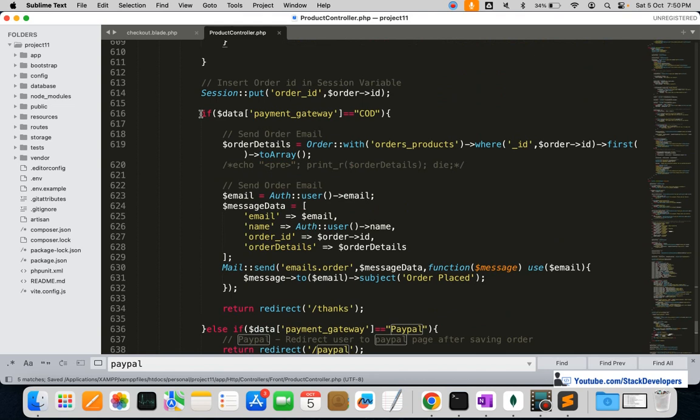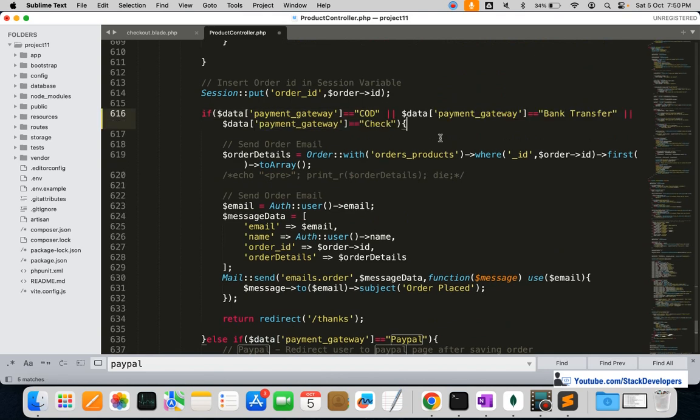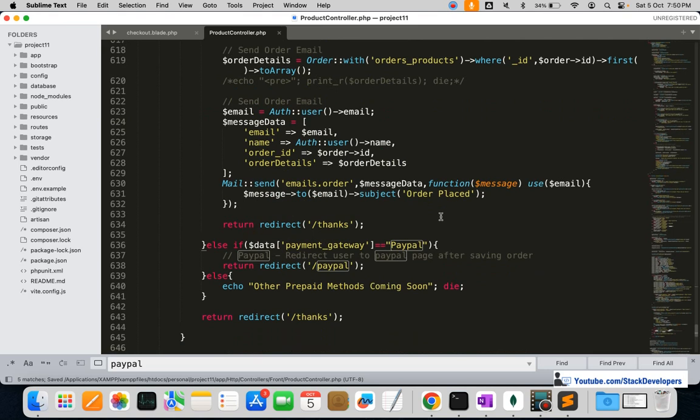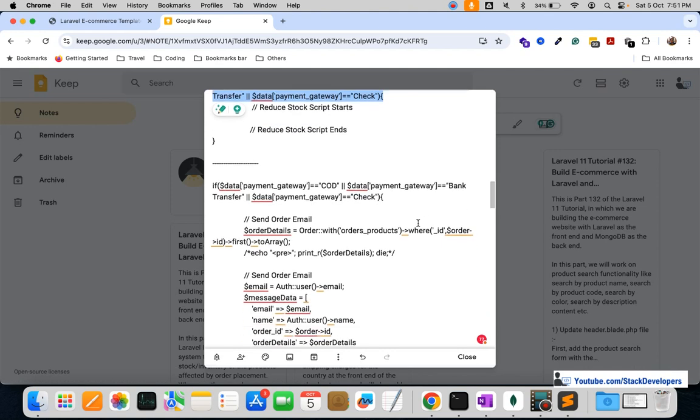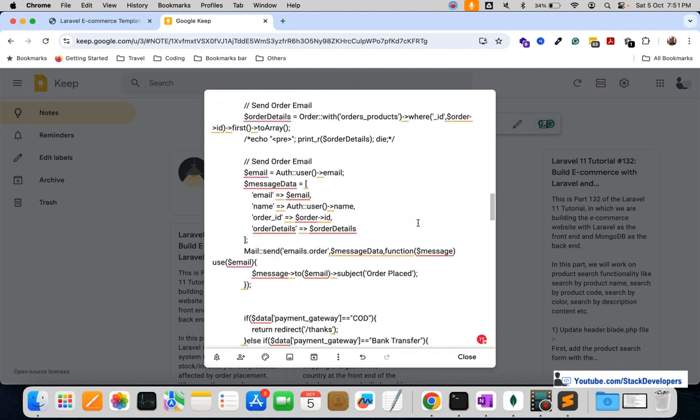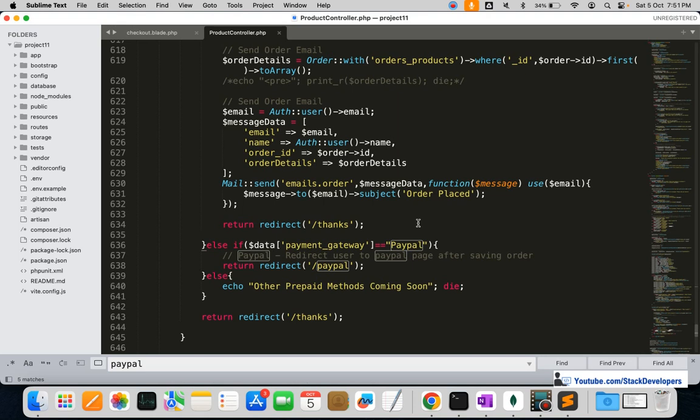And for email also, we are going to send the email not only for COD, but we will also send the order email to the user if the payment gateway is COD or bank transfer or check. In all the cases we are going to send the email to the user. And send order email. So after this,